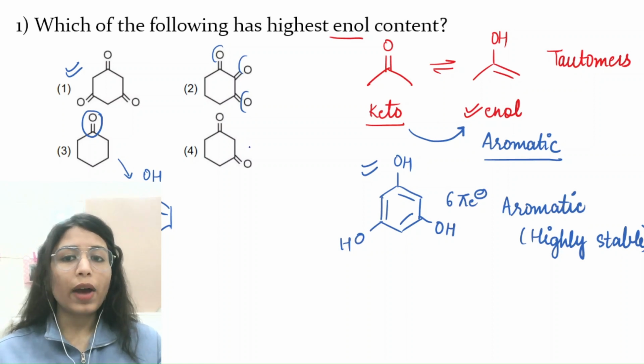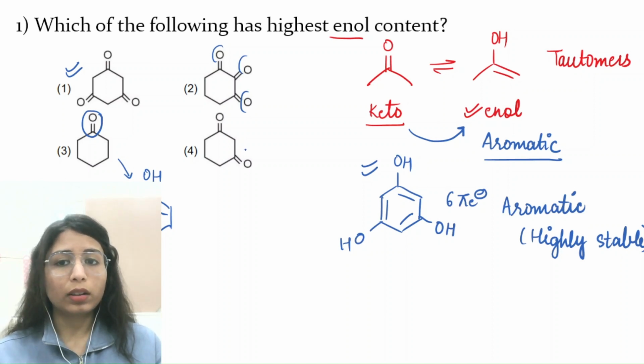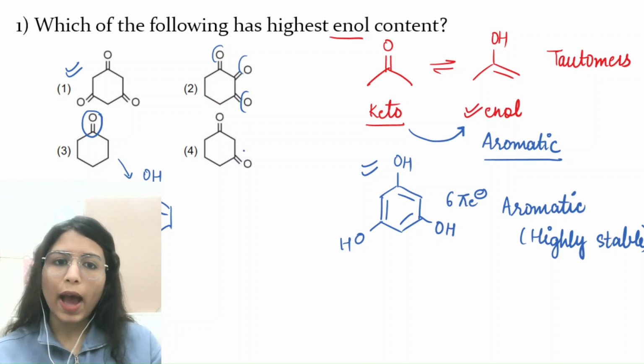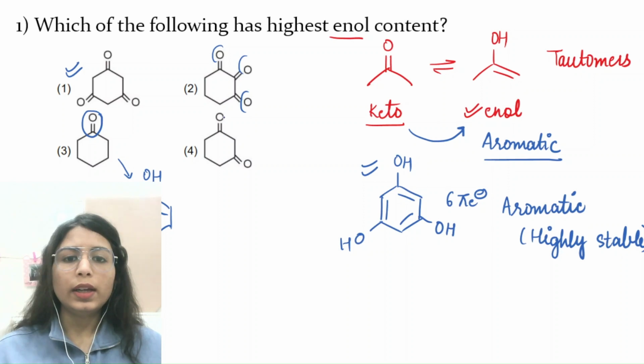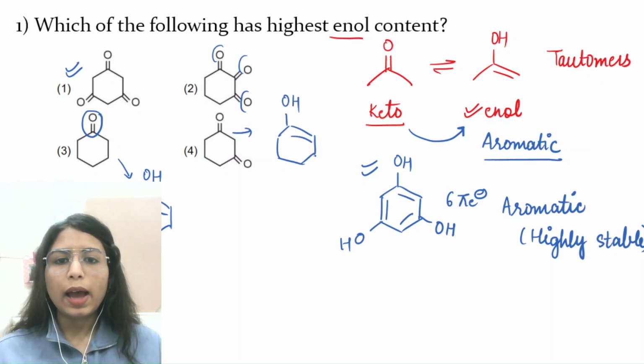So here also if I have to convert it into the enol form, basically I have to make it aromatic, right? There must be some very strong driving factor which will make that compound exist in the enol form, right? So that driving factor in the case of cyclic compounds is usually seen to be the aromatic factor, right? So in this case also, if you convert it into your enol form, it will look like OH and a double bond here, and similarly here OH and a double bond to this side, right?